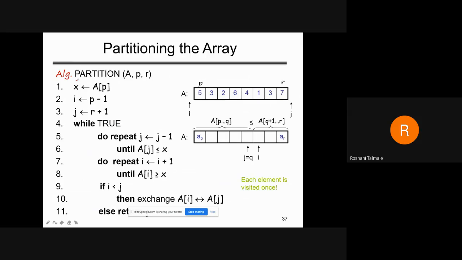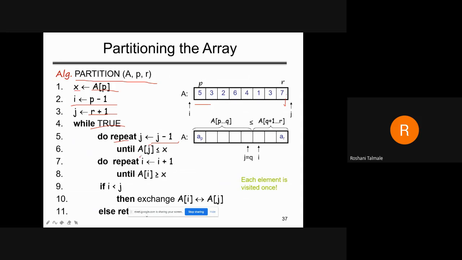Okay, so first we will use the partition of the array A. x will be used. This is the complete array. Okay, i is nothing but p minus 1 because every time we are incrementing this, and j is r plus 1. Okay, so while true, we will use repeat. First j is equal to j minus 1. First we will compare the jth element, just as I explained in the example for j.